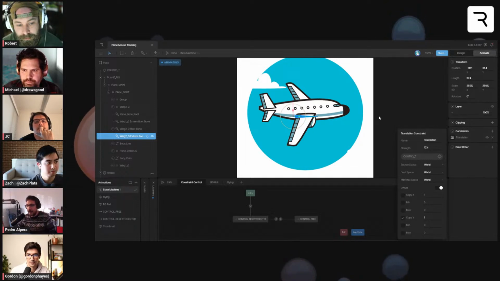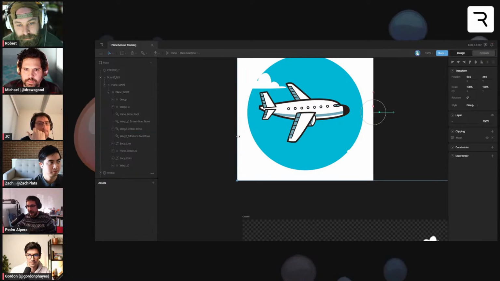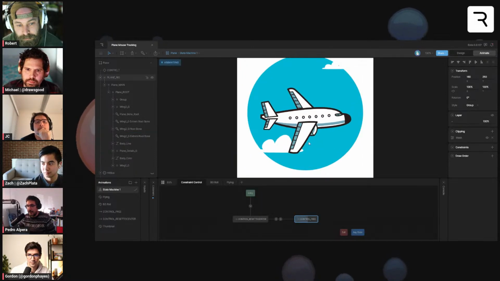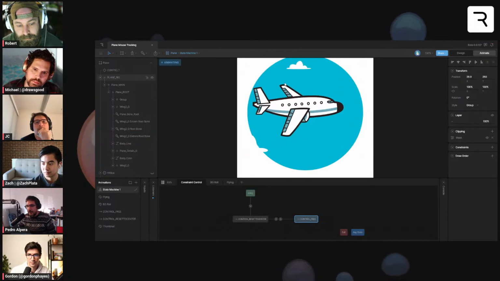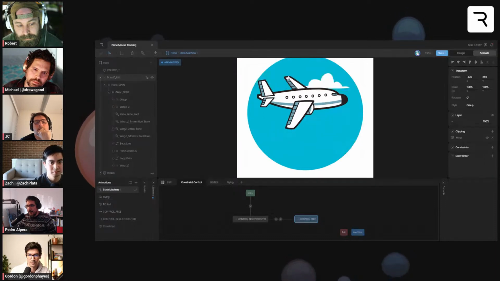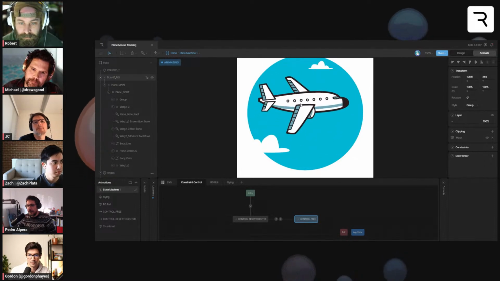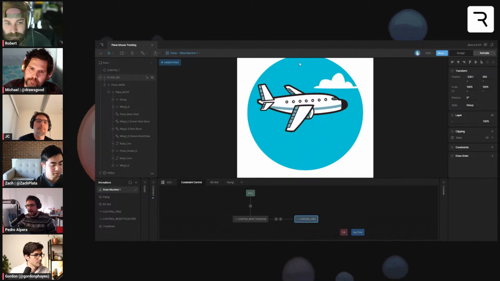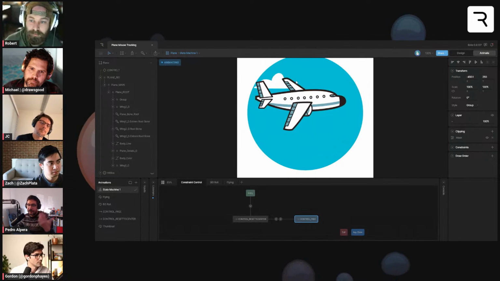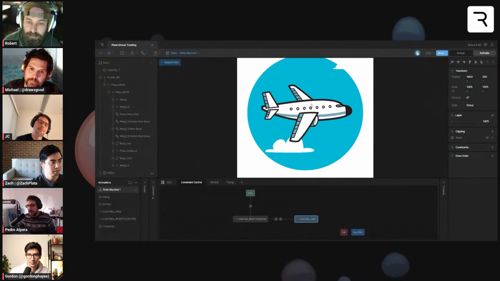So in the end, when you make this, there is one wing moving down and the other wing up. So you make this kind of effect that feels like it's rotating when it's not.